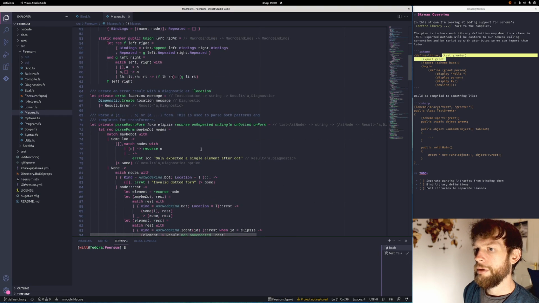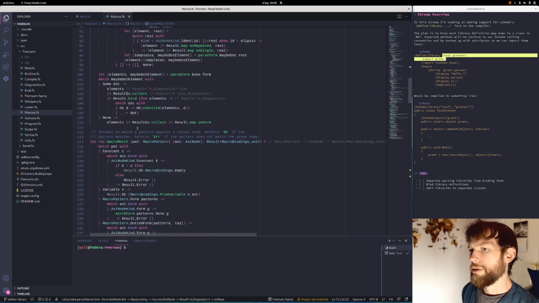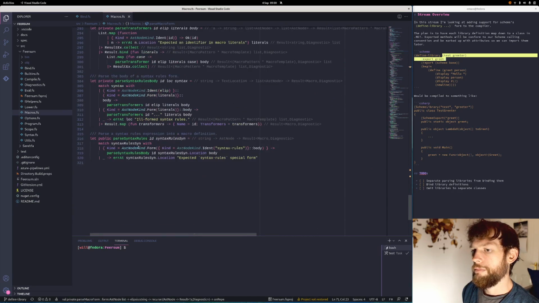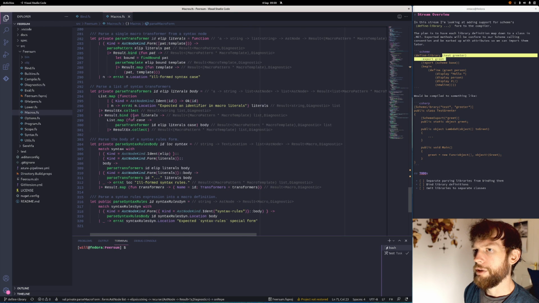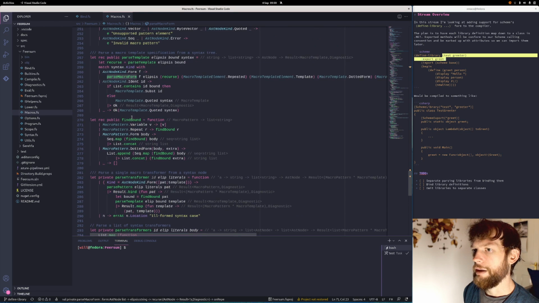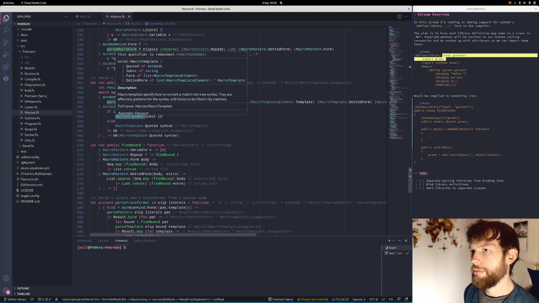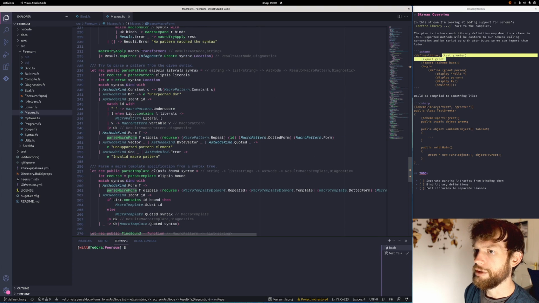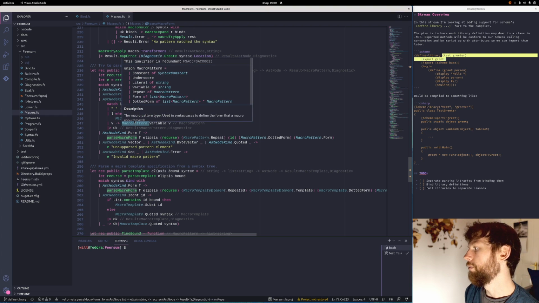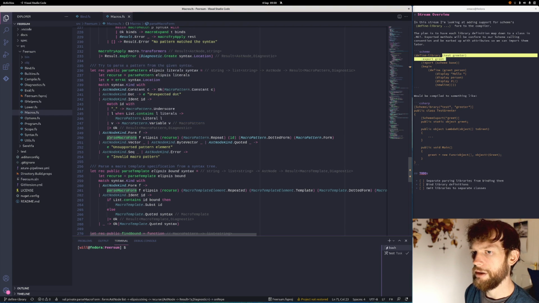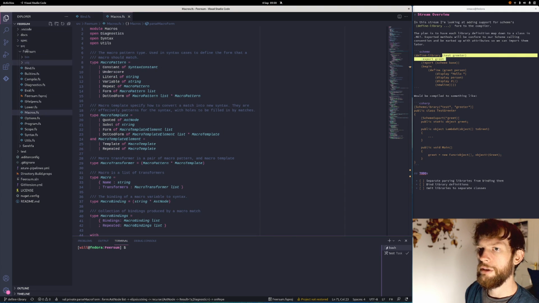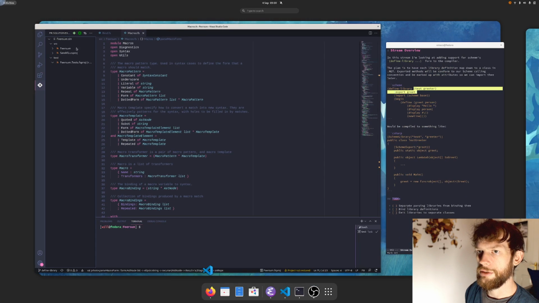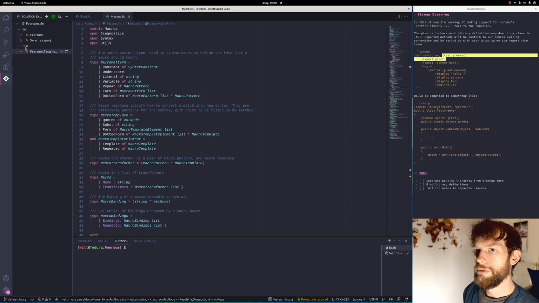And then we have a parse macro method, parse syntax rules, parse transformers, and we then produce these strongly typed macros, which we can then use at a later date in the compiler. So I think we should do the same thing for libraries. So I'm going to start off by getting a new